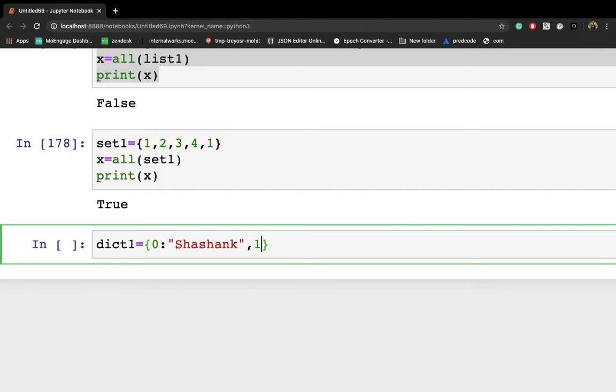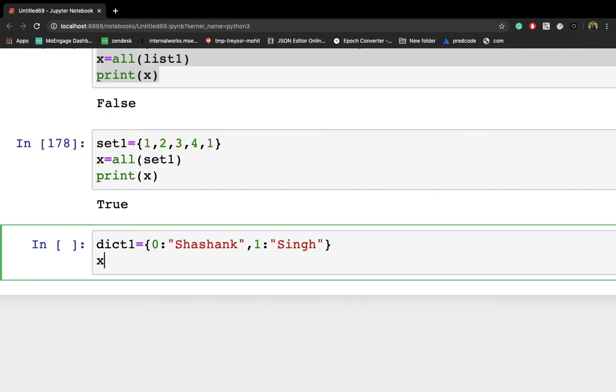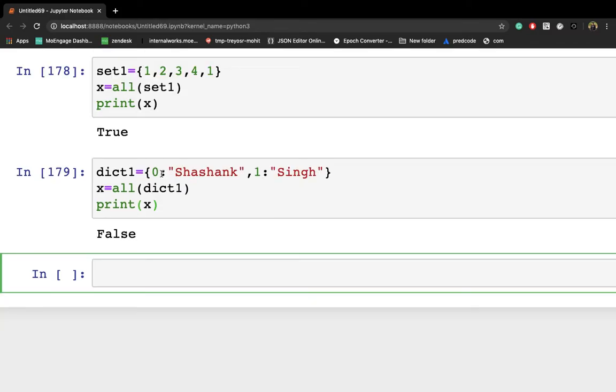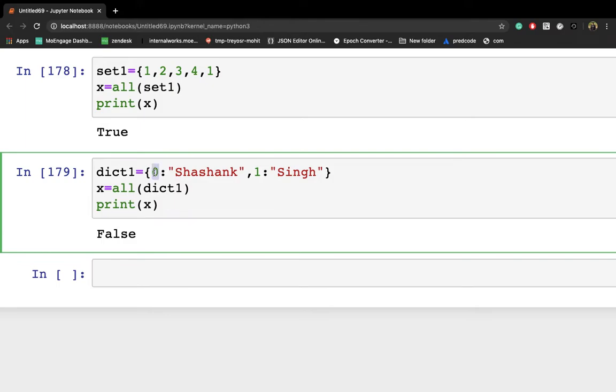Let's say I'm writing 1 here, and the value is Singh. So these are two key-value pairs inside the dict1 variable. Let me write x is equal to all, and provide the same variable name inside this function. If you print x, you get false. The reason behind it is that one of the keys is 0. So let me write 10 here, and you'll get true because all the keys evaluate to true.